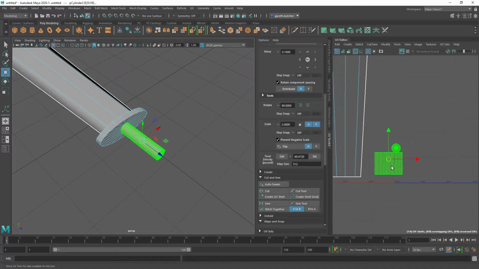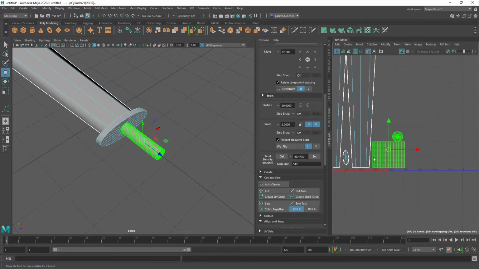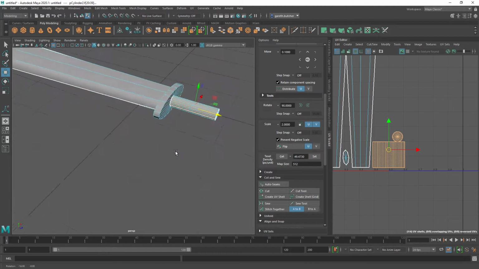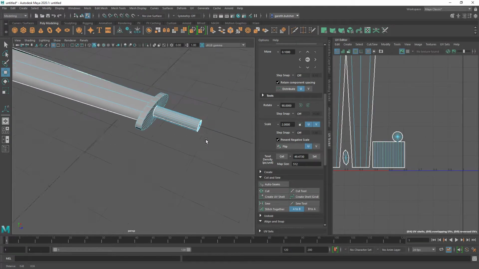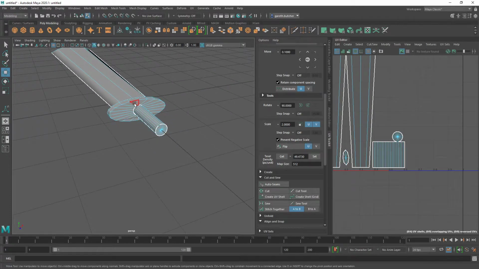Now, sometimes you may want to make this a little bit bigger, which is absolutely fine. You want to try and make sure that your UVs are kind of even across the whole thing. But if there's certain areas like this where you're thinking, oh man, I really want to make sure that I'm getting more detail on this, you absolutely can do that. It's absolutely fine. So, this is our next bit. So we've got this bit, which is absolutely fine. Now what we can do is this. So tackling this is going to be easy